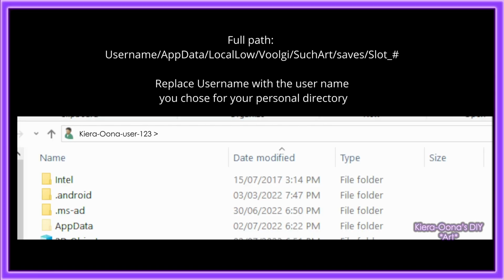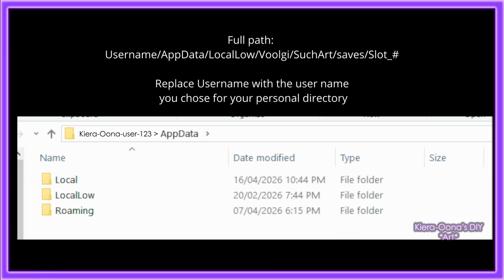So what you're going to want to do is go into your Windows file trees. You're going to want to look up your specific username, and look up this specific file called AppData. It is a hidden file, so you will need to know how to go into your Windows account and unhide some of your files.